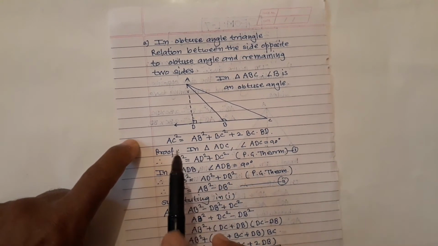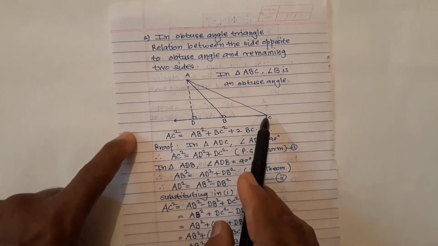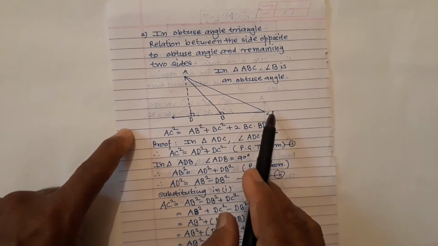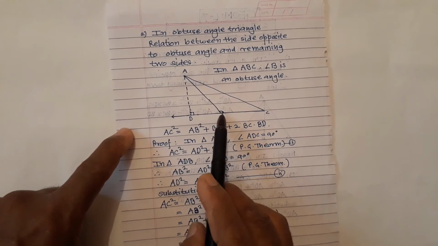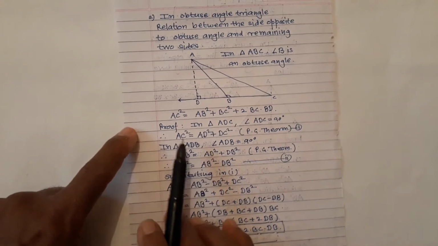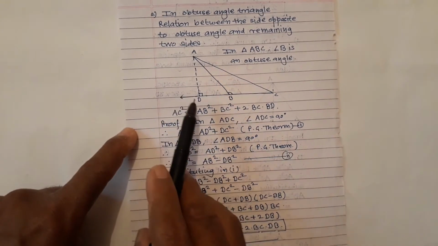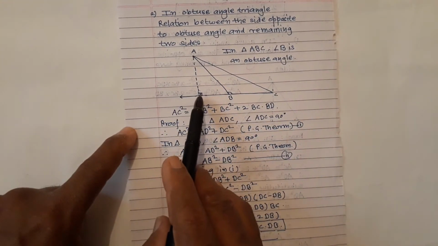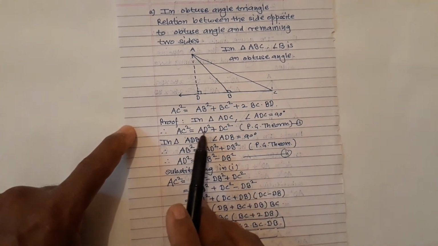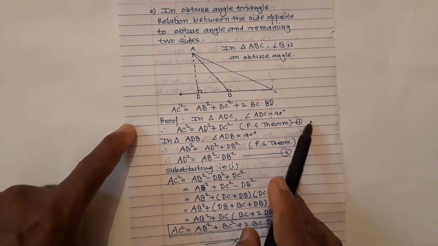Now you can find the relation between AC and remaining two sides. Okay. Now relation is this: AC square is equal to AB square plus BC square. Now in this case, plus 2 base BC into, now AC is there, therefore you take this part BD. Okay. Now I explain you proof. Same way. In triangle ADC, angle ADC is equal to 90 degree, and therefore AC square is equal to AD square plus DC square. Pythagoras theorem, statement number 1.